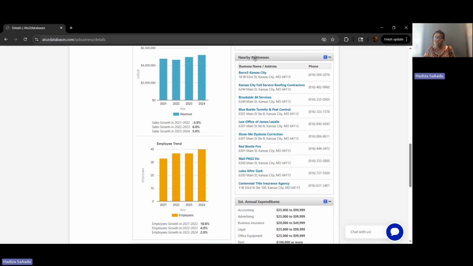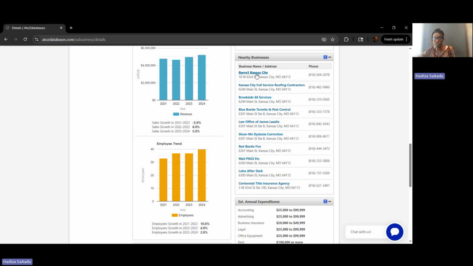This section within the A to Z search result entry for Charlie Hooper's helps to give a lay of the land, a lay of the hyper local environment, so that you can assess as far as your location goes, okay, if Charlie Hooper's has this type of success and I see that the nearby businesses cover